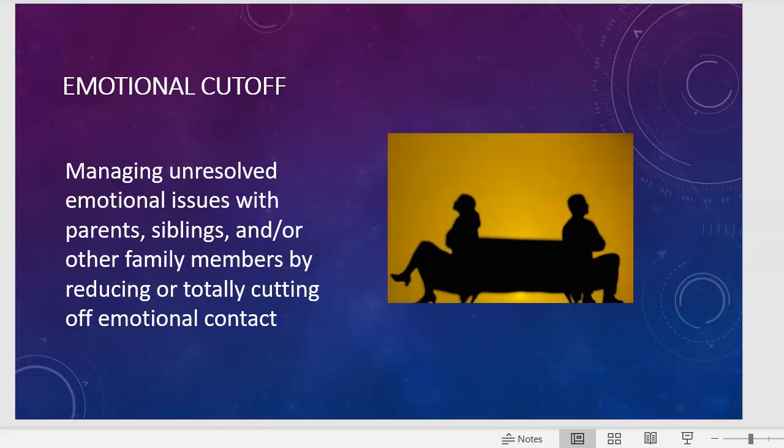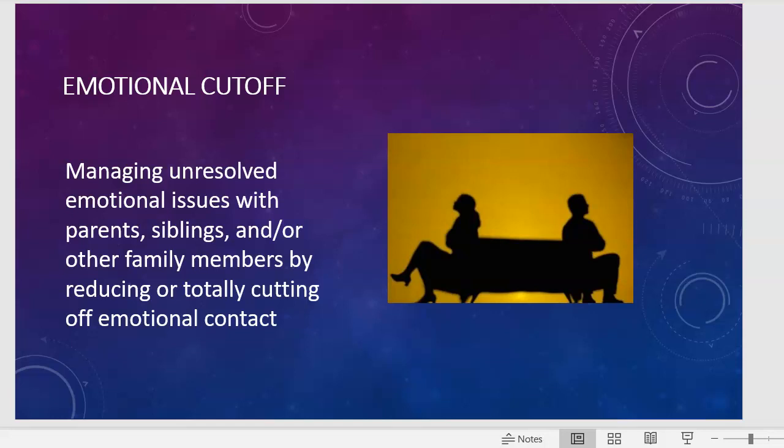So it doesn't mean that they physically cut themselves off, even though they may do that as well. But it means that they limit their involvement or their emotional responses as a way of protecting themselves and protecting